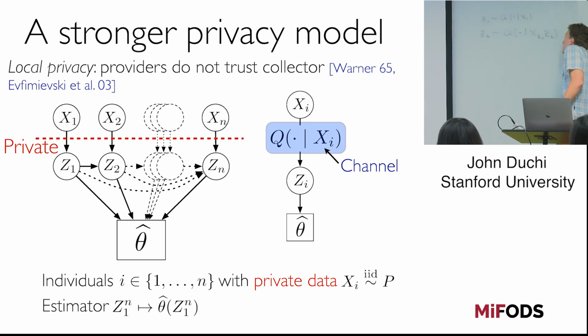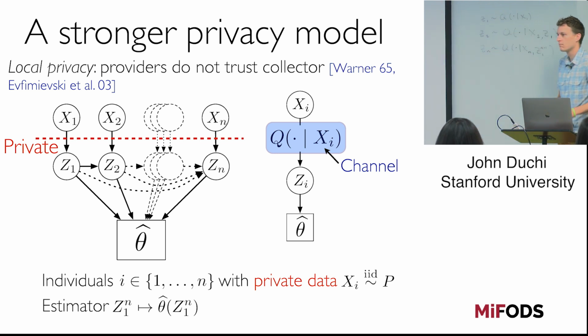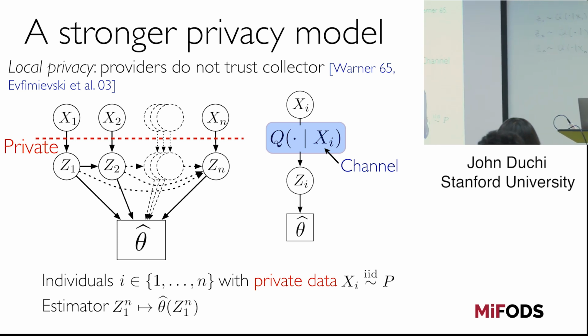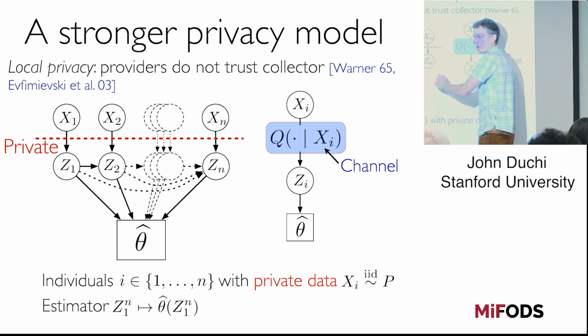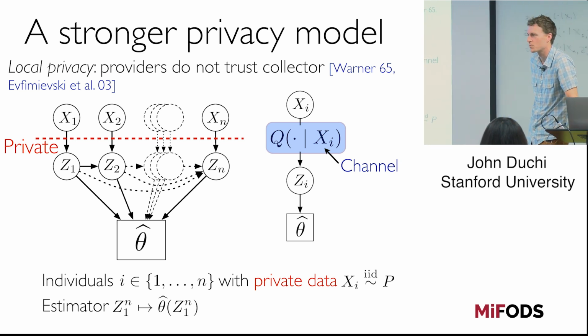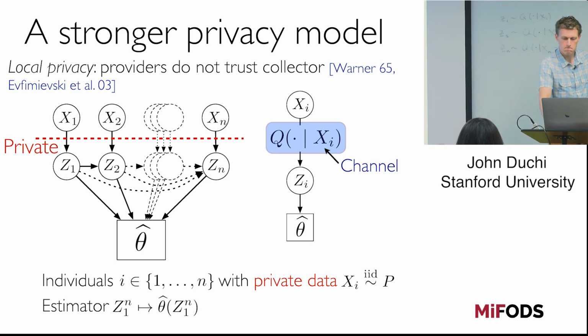Sorry. Yes, thank you. Z1, right? And then for Zn, I can change my channel to depend on Xn and Z1 up through Z(n-1). Right, so that's the game. It's just going to allow me more powerful algorithms. It turns out that if you force each of these to have the same, say, marginal distribution or same conditional distribution, then it's actually pretty hard to solve most problems. So that's the game.